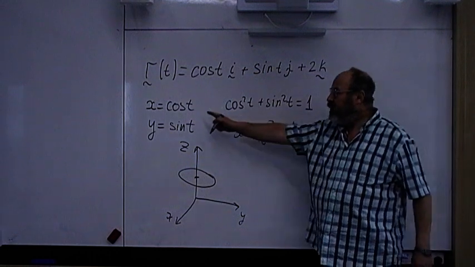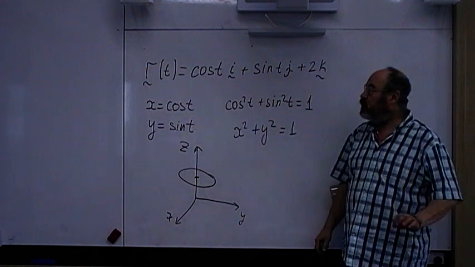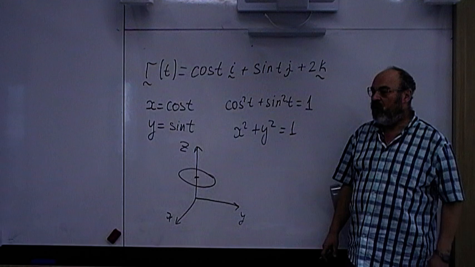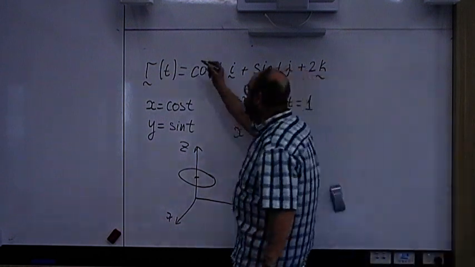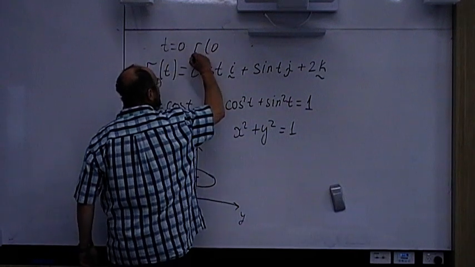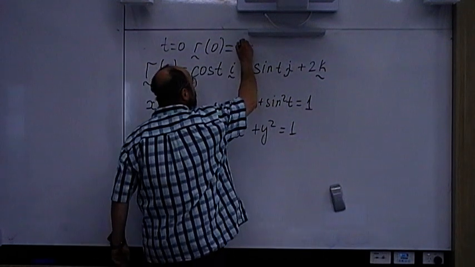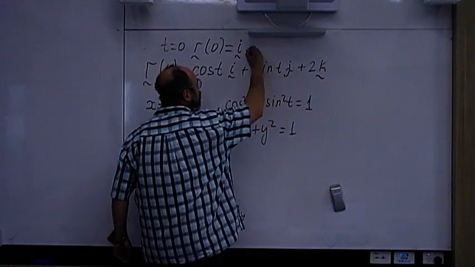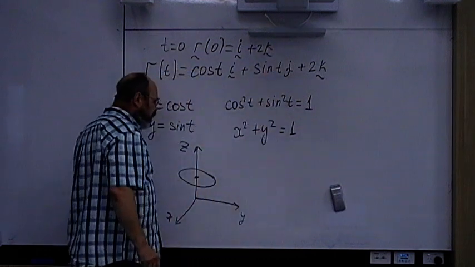What happens when time increases? First, where does it start? The starting position is when t equals 0. When t equals 0, we get r of 0 equals cos 0 is 1, so it's i, sin 0 is 0, plus 2k. So it starts